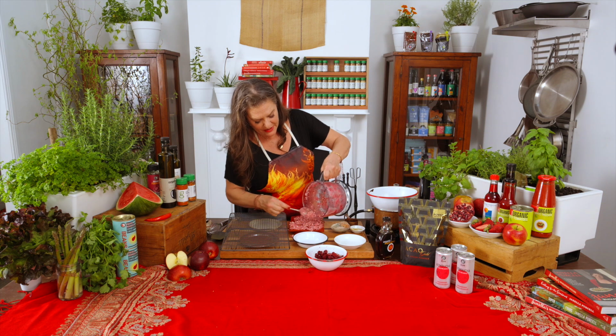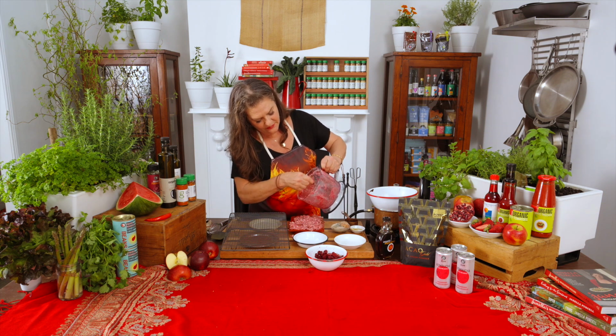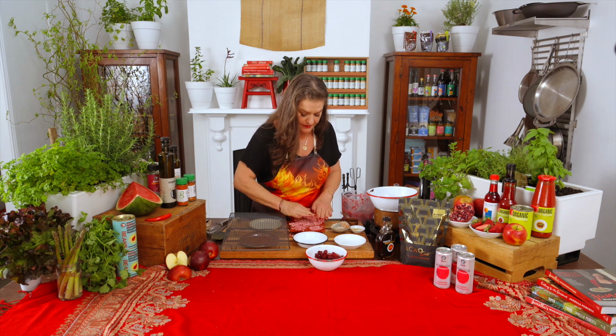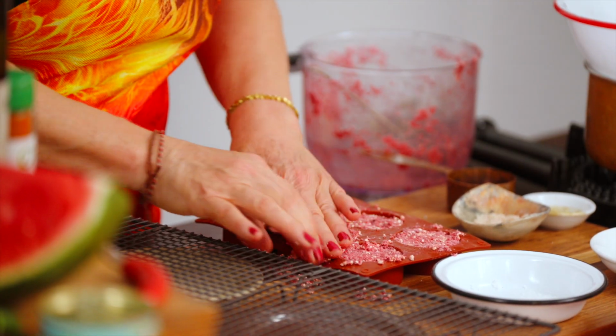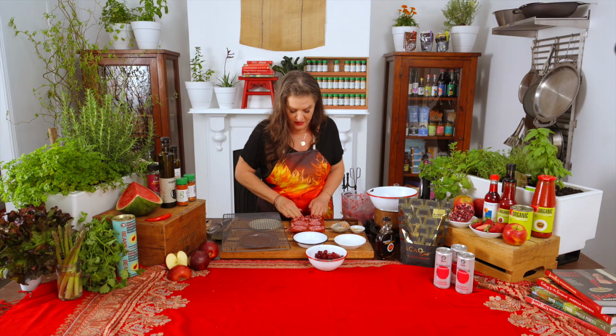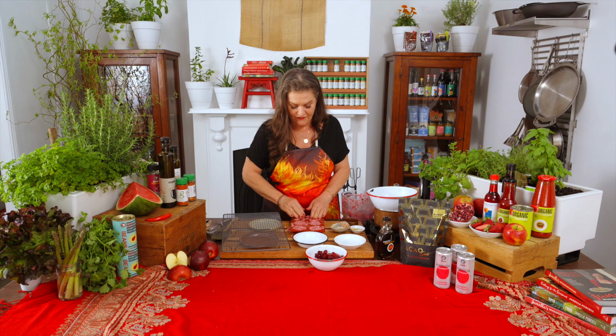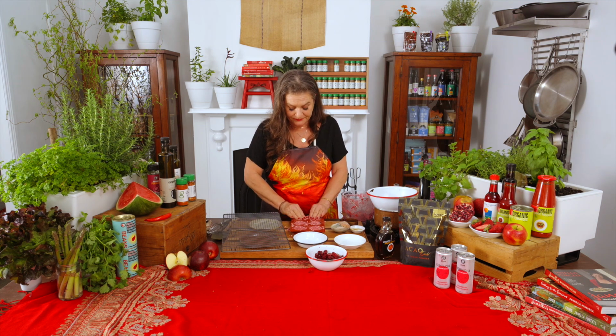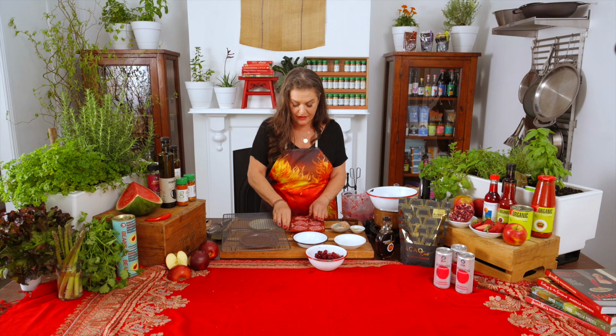So fill them up and smash them down. Press them in firmly. You don't want them crumbling. Rich, decadent, beautiful cherry ripe discs. You know what's coming next though too, don't you? They're going to get coated in that chocolate. So I'm going to pop them in the freezer, and while they're chilling down, let's just take a moment to